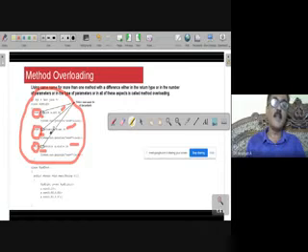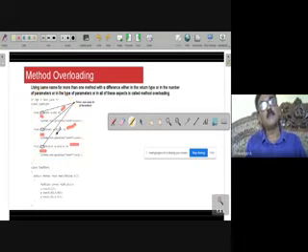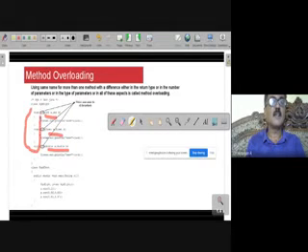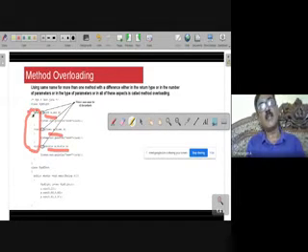So there should be a difference in the number of parameters or in the types of parameters. Though the names are the same, there can be a difference. There should be a difference in at least one place: the parameter types, number of parameters, or the return types.